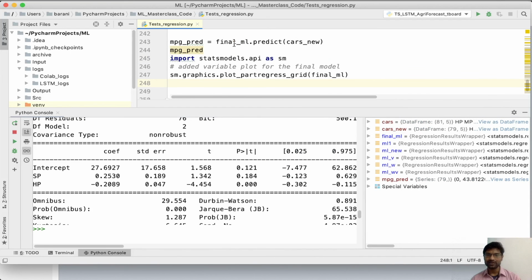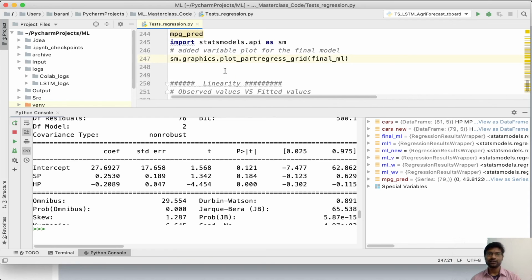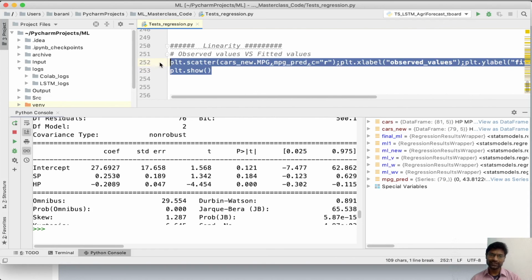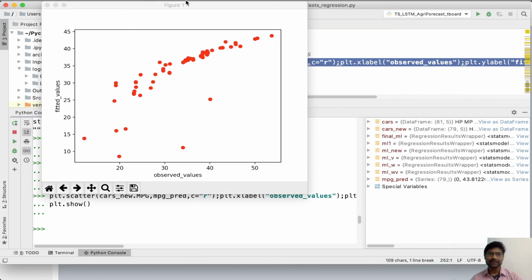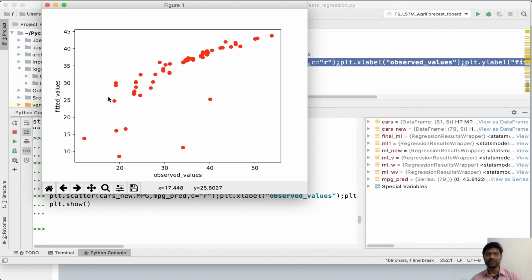Once we understand the best fit regression line, finally we can plot a graph and see how the observed values and fitted values are. Observed values are nothing but actual values, fitted values are predicted values. When we plot actual and predicted values, they should fall along the diagonal 45-degree line. It is not exactly on the 45-degree line, but somewhere around it, meaning it is a reasonably good model. Not a worst performing model is what we can understand from this graph. So this is an example of multiple linear regression.